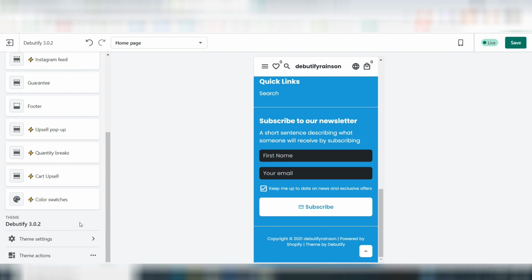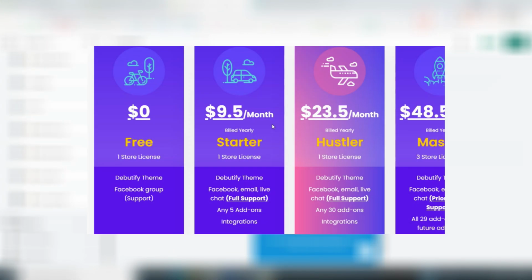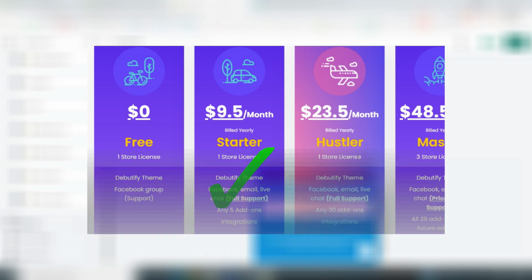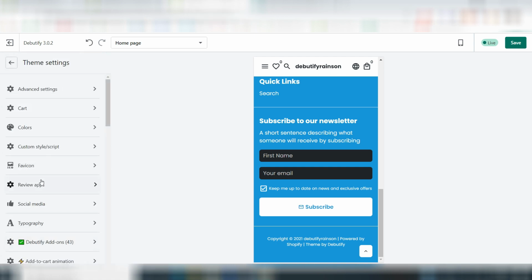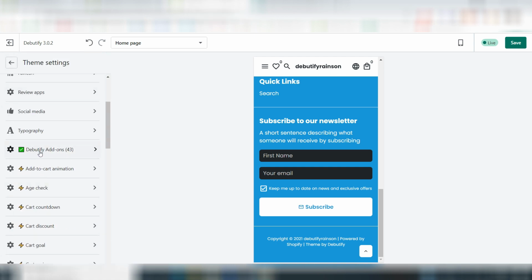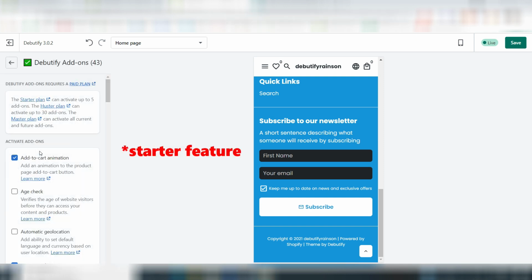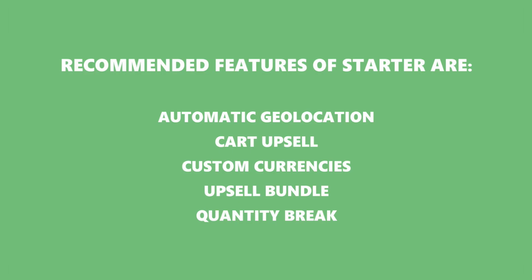Okay, so if you are using the free version of Debutify, you will not get many cool features, but I recommend you at least sign up for the basic plan of Debutify. That way you will get a lot of cool features. So go to this theme settings, and you can see here it says Debutify add-ons, and if you go with the basic plan, you can select up to 5 different features, and the features which I recommend are,